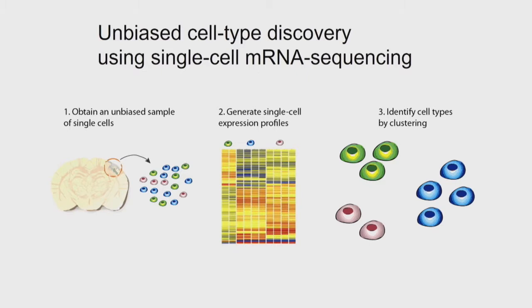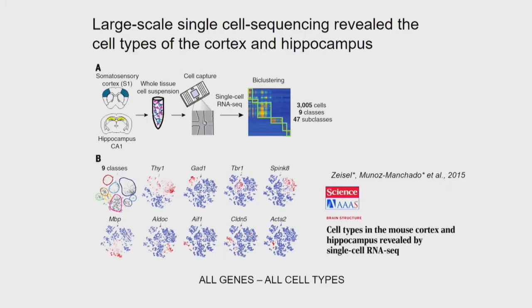Since I studied the variability, the heterogeneity of these neurons, I teamed up with Sten, and what we did was, you all know it, single-cell sequencing. You take a piece of the brain, you take out the cells, you generate single-cell expression profiles, and then you use a computer to identify the cell clusterings. We did this in 2 regions of the brain, the somatosensory cortex and the hippocampus, and this was published in 2015. This is the first large-scale study in the brain, and we found many different types of cells.